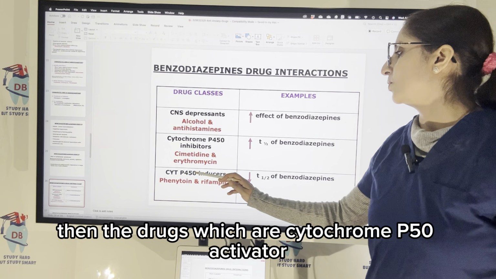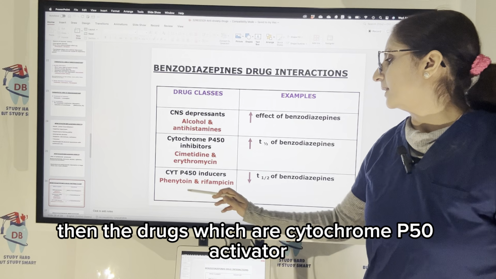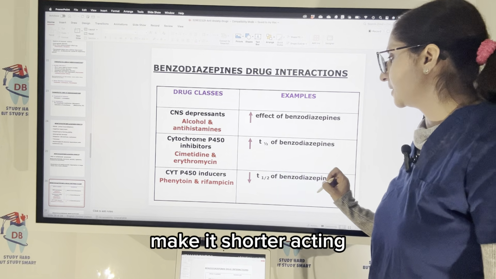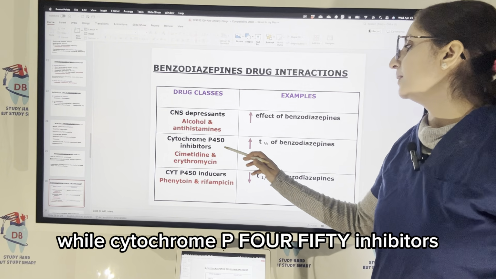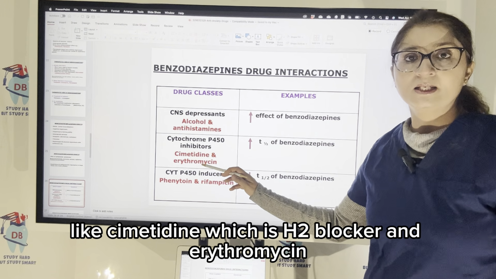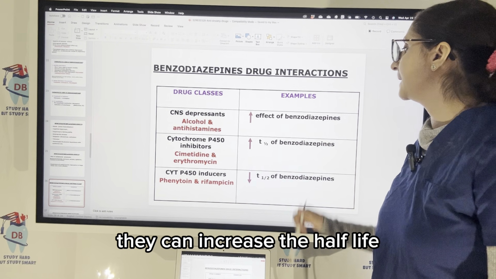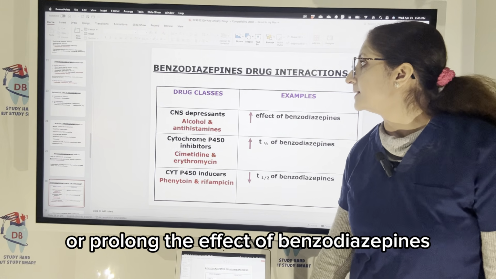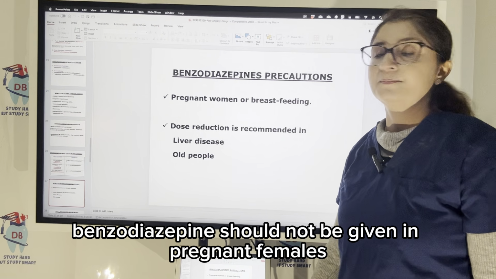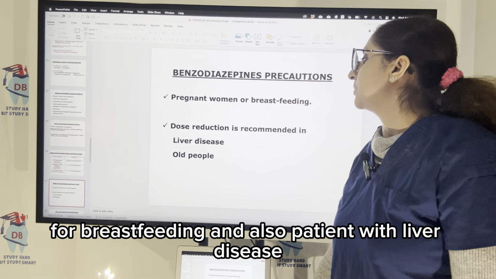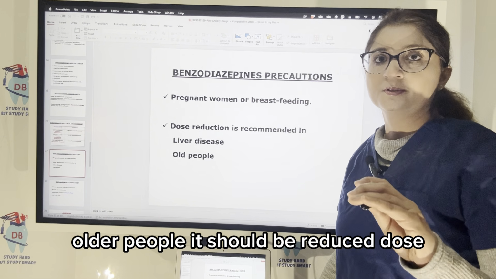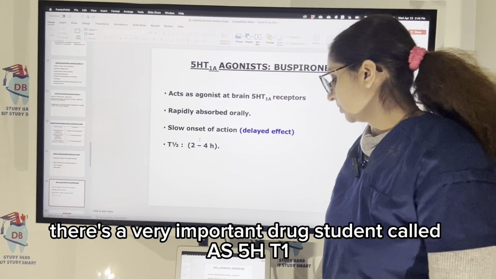Then the drugs which are cytochrome P450 activators like phenytoin and rifampin, they will decrease the half-life of benzodiazepine, make it shorter acting, while cytochrome P450 inhibitors like cimetidine, which is an H2 blocker, and erythromycin, can increase the half-life or prolong the effect of benzodiazepines. Benzodiazepine should not be given in pregnant females or breastfeeding, and also in patients with liver disease and older people, the dose should be reduced. Now, there is a very important drug, student, called as